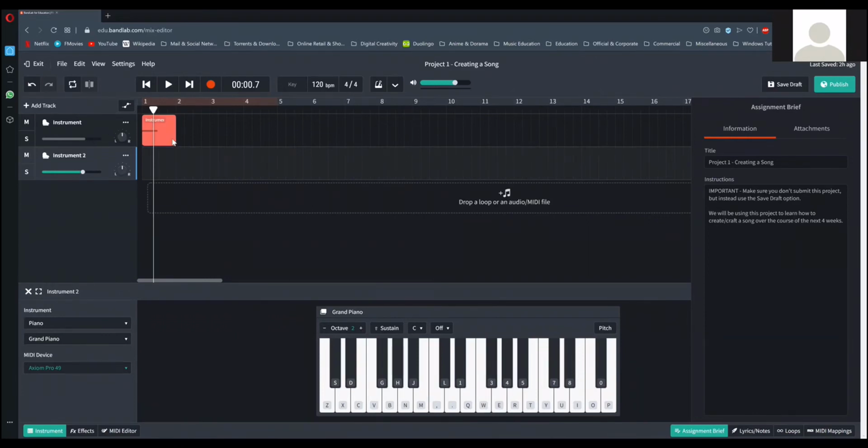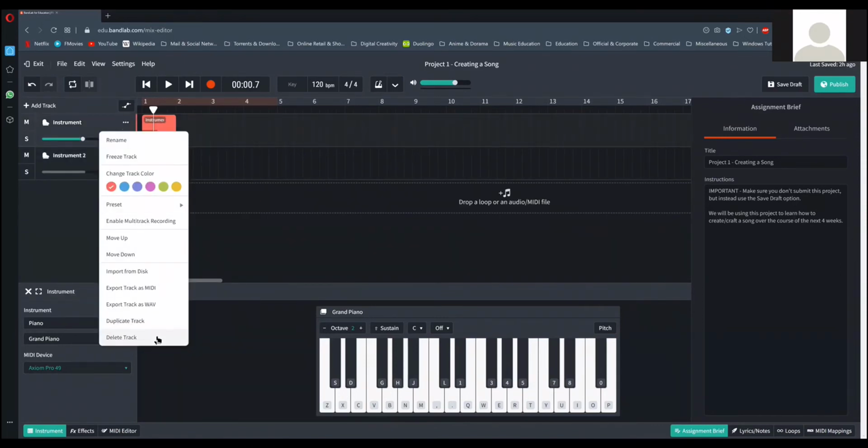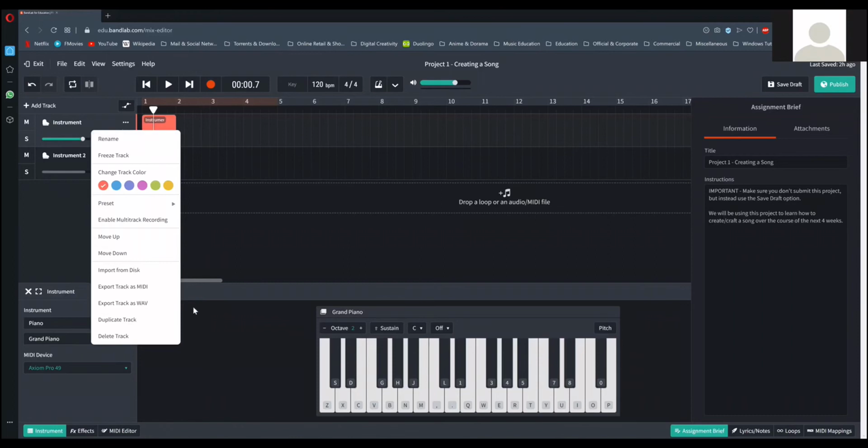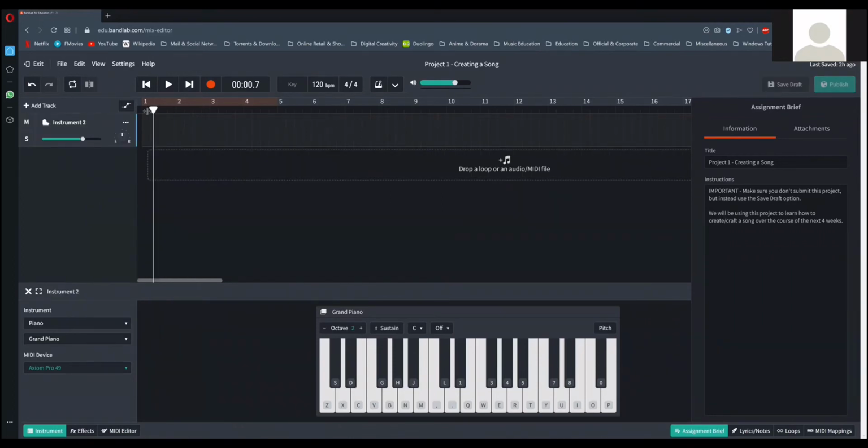Here's what you're going to do. You're going to go to the first instrument that was already there earlier, click on it, right click, and delete track. I'm going to do it once more, so look at it, then you can follow it yourself. Once you delete the track, you're going to click on instrument 2 and change the name to piano. Where it said instrument 2, click and type the word piano and change the name of the track to piano, because that's the track we will be working with.